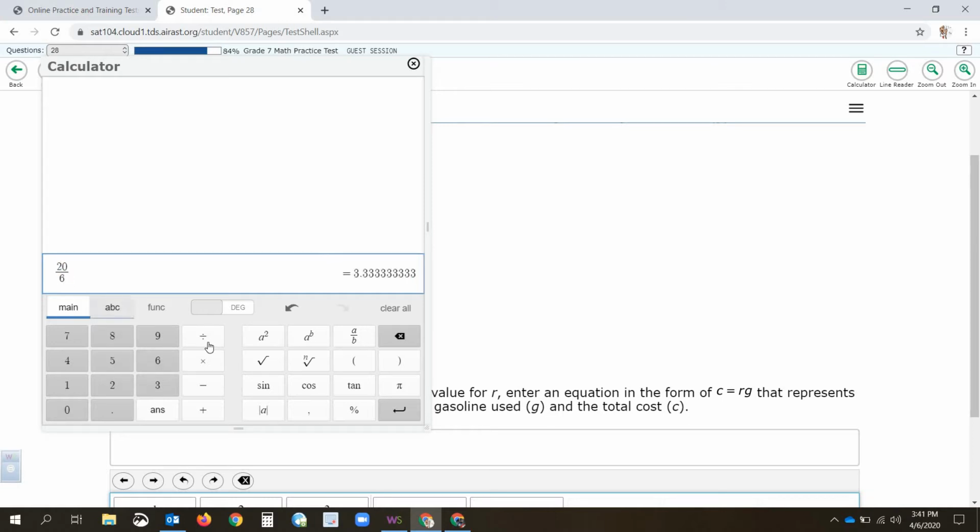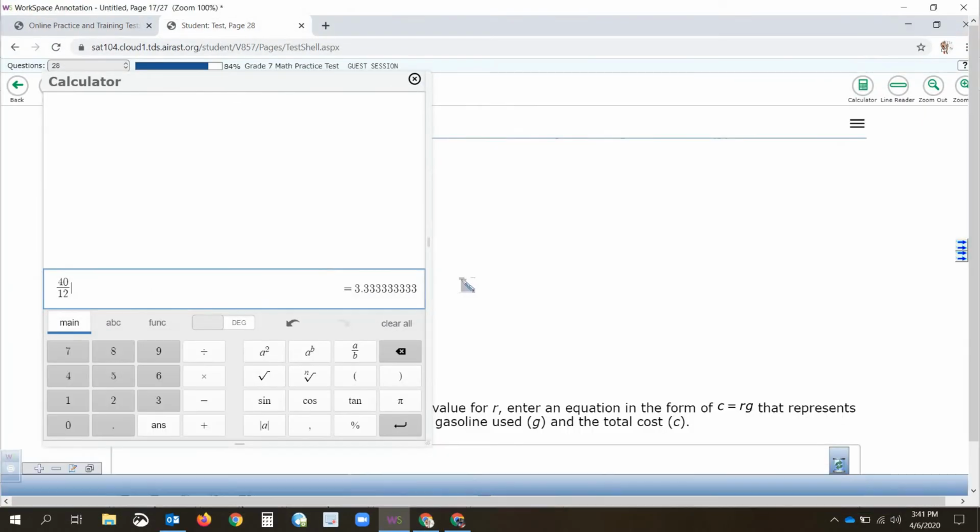Do you believe me if I change this to 30 divided by 9? And finally, 40 divided by 12? All of them give me the same thing every time, which is 3.333333,